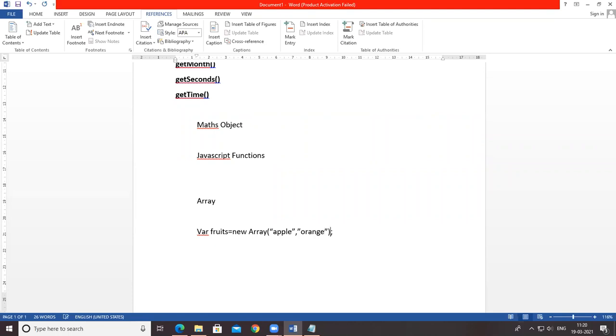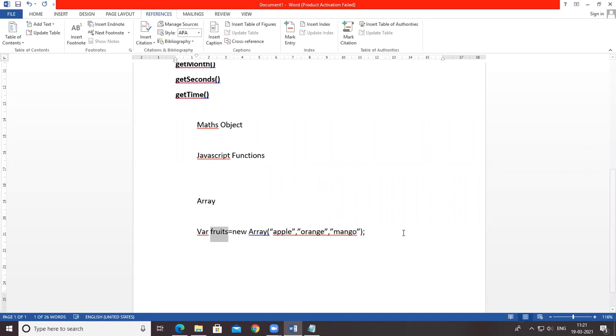Apple, orange, then mango. So the same type of values are stored in an array having a variable name fruits. तर या टाइप मध्ये array काय करायचा असतो, क्रिएट करायचा असतो.